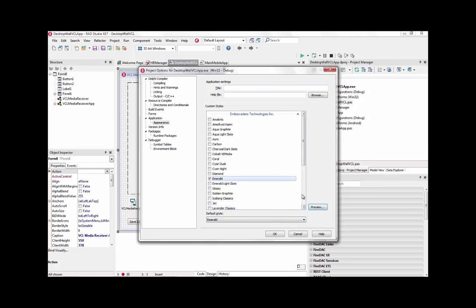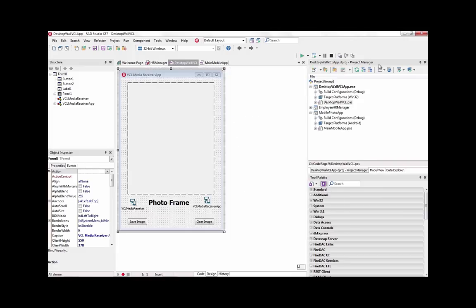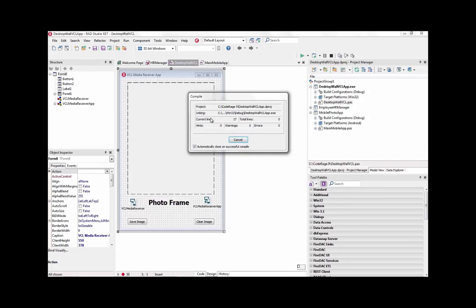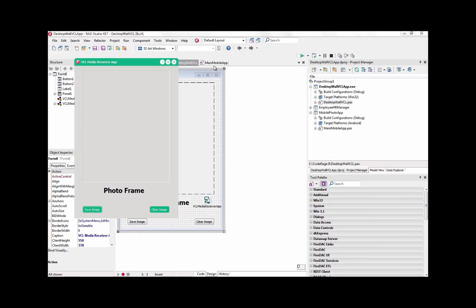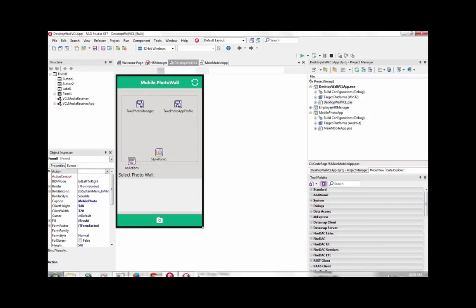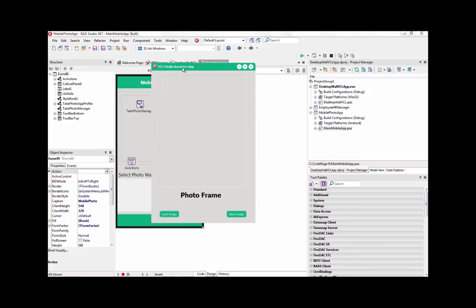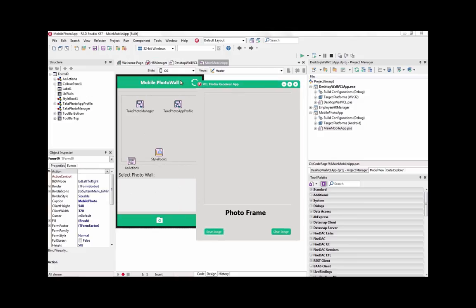So you could select that, run it on Windows. Let's see right here. And if I switch back to my mobile application, I have a very similar style on mobile. Of course, it has the mobile UI elements, etc., but the color scheme will be very similar. And so that's a nice way of building and extending an existing VCL application to mobile if you want to